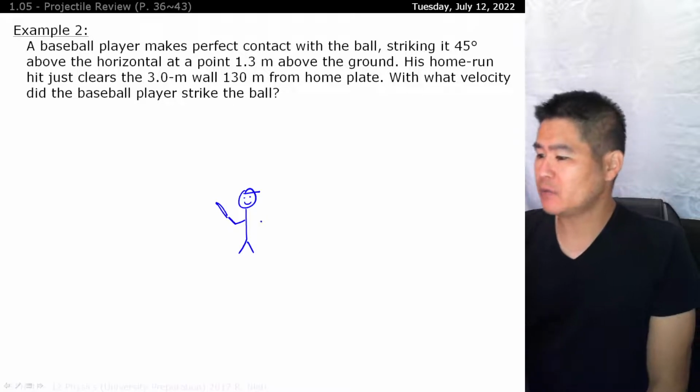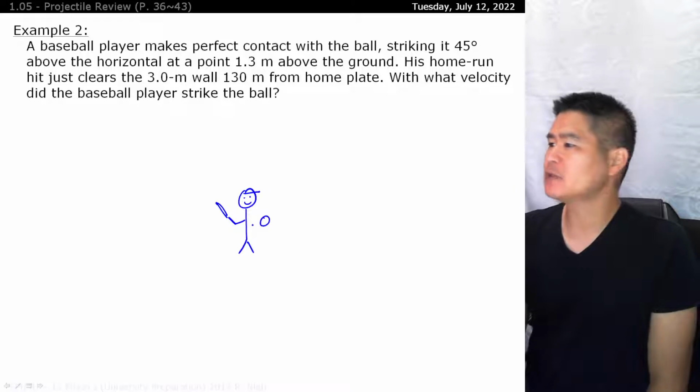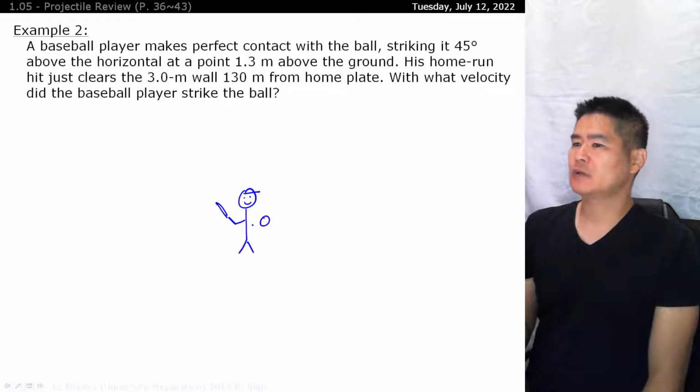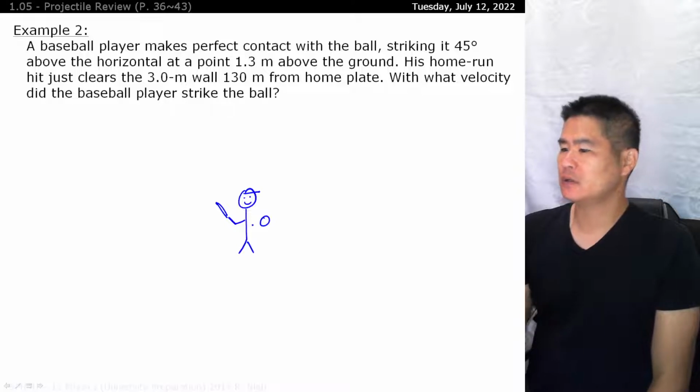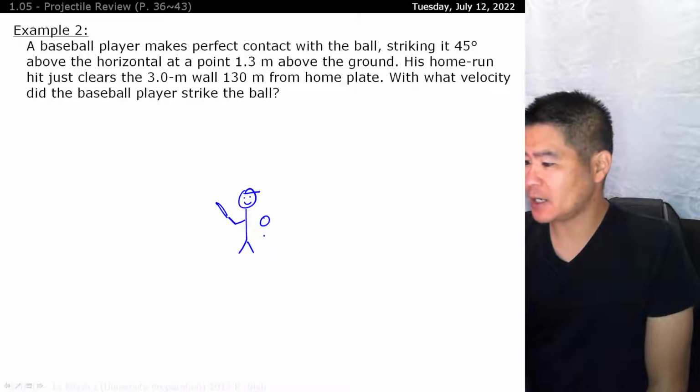There's the bat. When the ball comes, one thing to keep in mind is that you don't hit the ball at ground level. What is it? He strikes the ball at 1.3 meters above the ground. All right, so he's swinging rather high. So this is your DIY